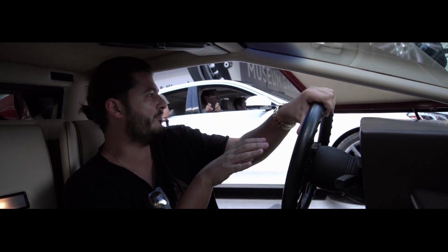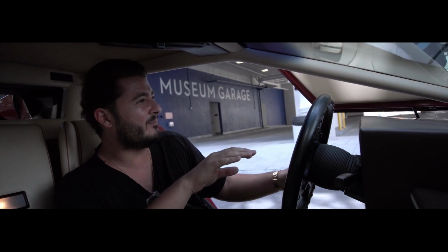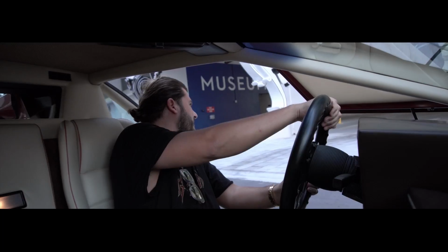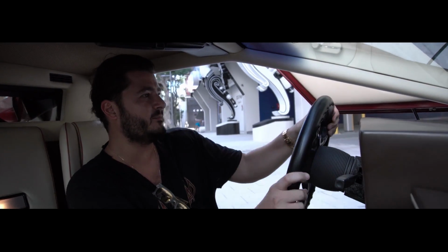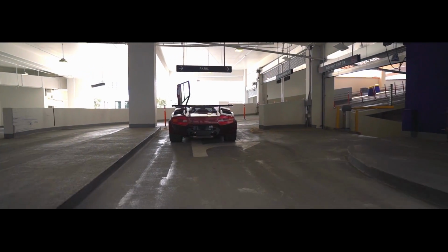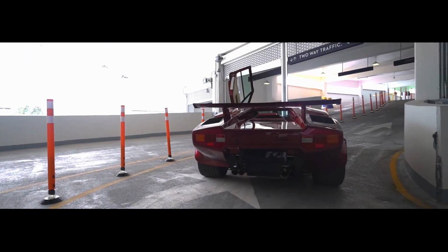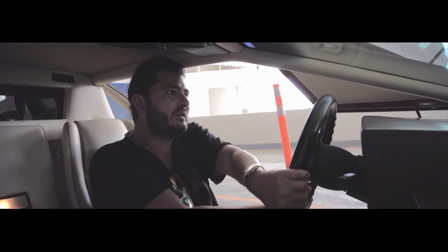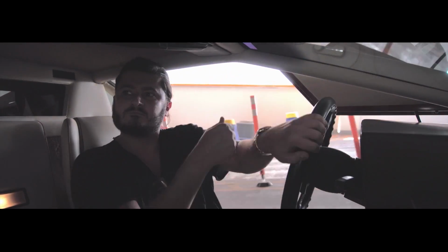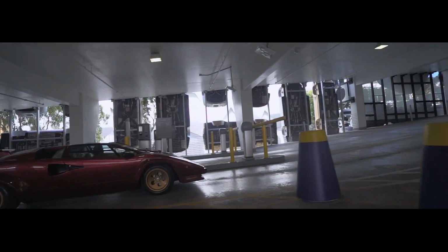Going to pull into a parking garage and show you guys just how easy, or maybe just how terrible it is. Again, we go at a little bit of an angle because these cars are low. You gotta watch the door. And again, it's a wide car, so we want to make sure we take this wide. Oops. Like I said, turning radius is not great. I'm going to back up a little bit. And if I didn't already have the door open, see,